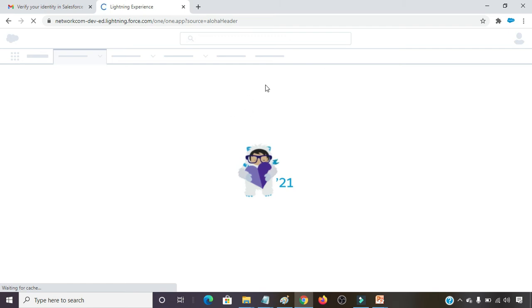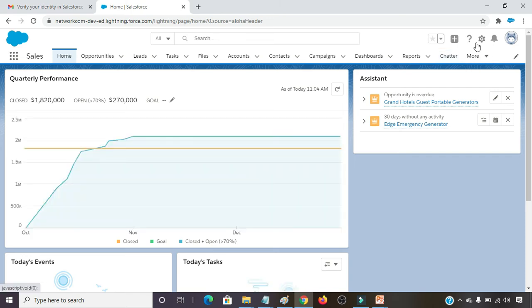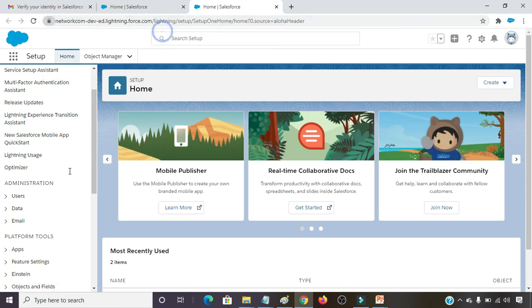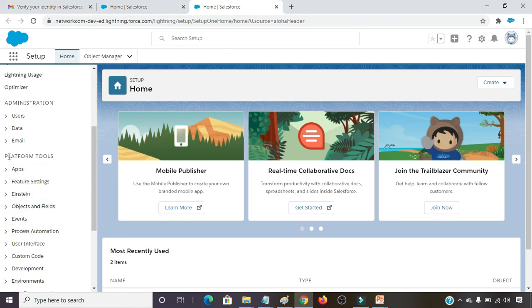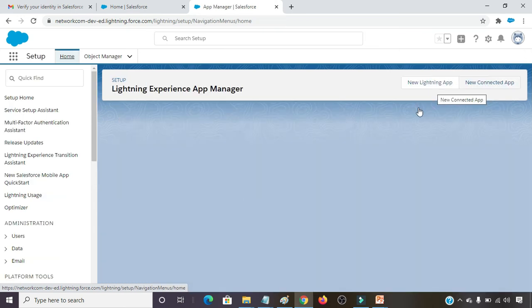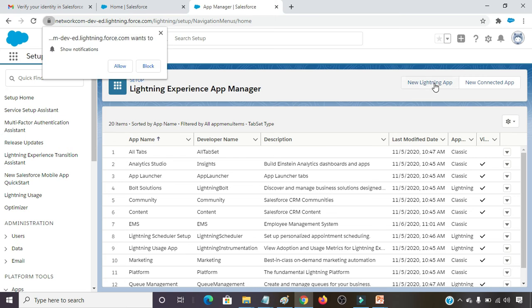This is our Lightning Experience view is coming. Here first we have to click on setup, this gear icon. We have to go with platform tools, then apps, then App Manager, then go for new Lightning app.